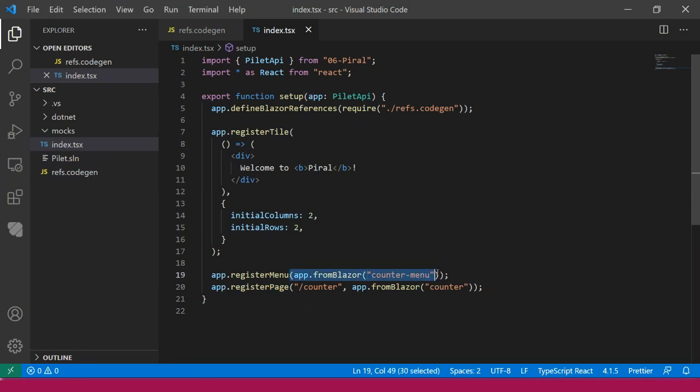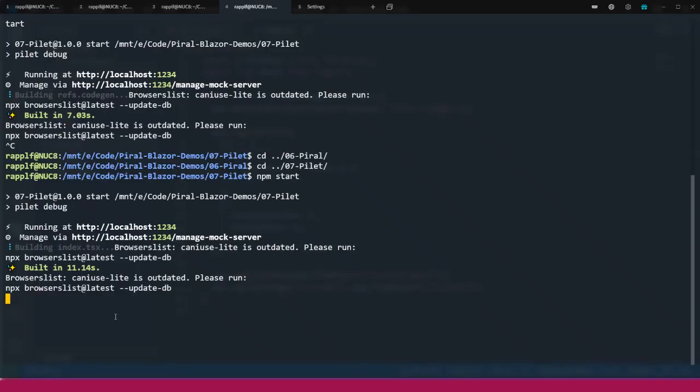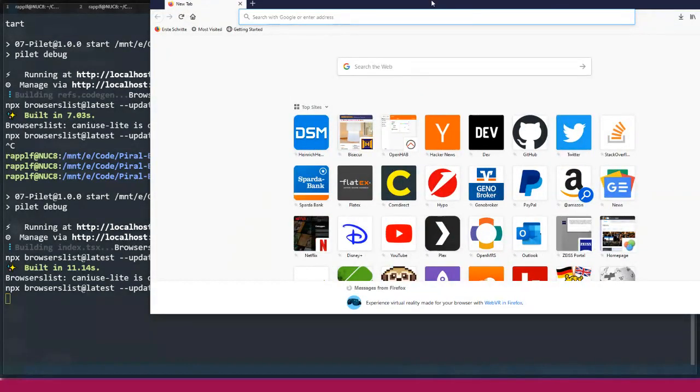And in both cases, we are referring to our Blazor component that we use. So here we're referring to counter menu, and here we are referring to counter. So the counter page, we refer to counter, and in our menu, we will add the counter menu. And then, hopefully this is done. We can actually open the localhost,